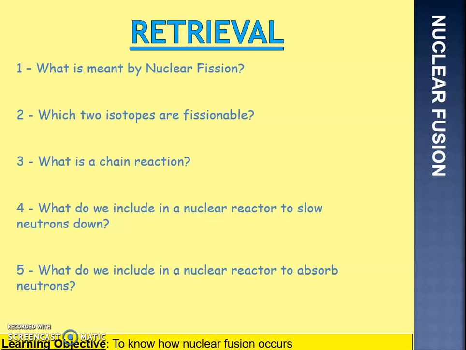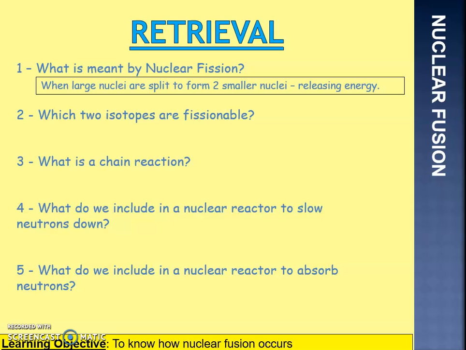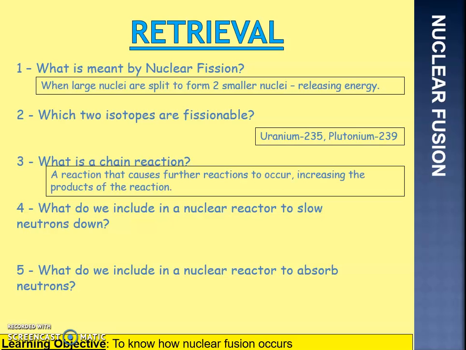Okay, question 1. What's meant by nuclear fission? Nuclear fission is when large nuclei are split to form 2 smaller nuclei, and that releases energy. Which 2 isotopes are fissionable? That would be uranium-235 and plutonium-239. What's a chain reaction? A chain reaction is a reaction that causes further reactions to occur, and that increases the products